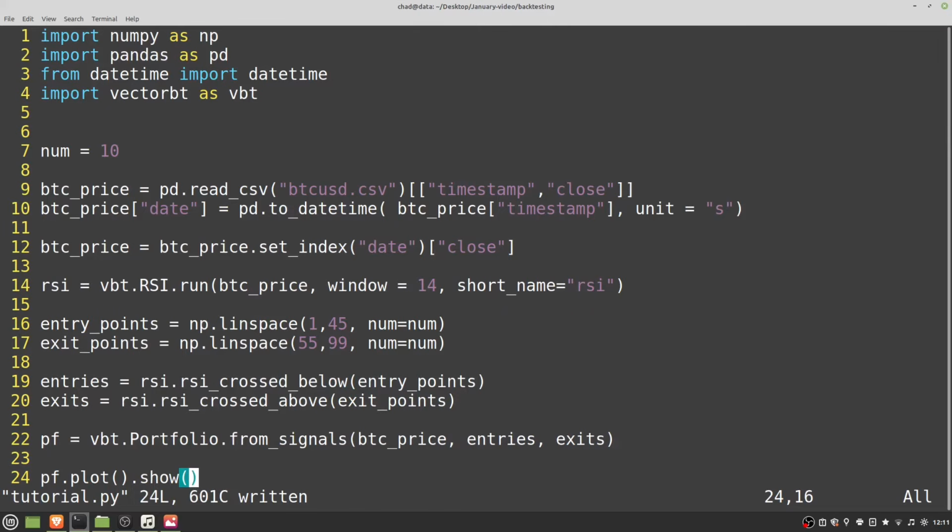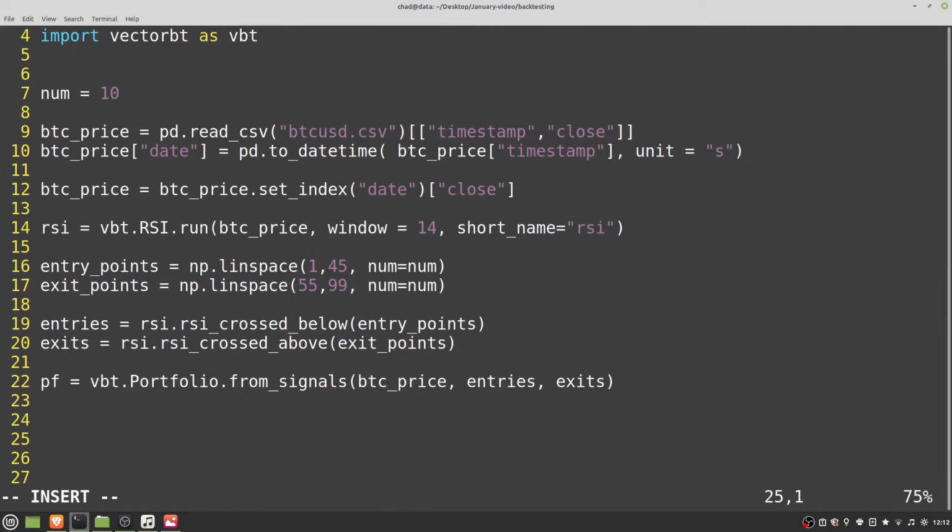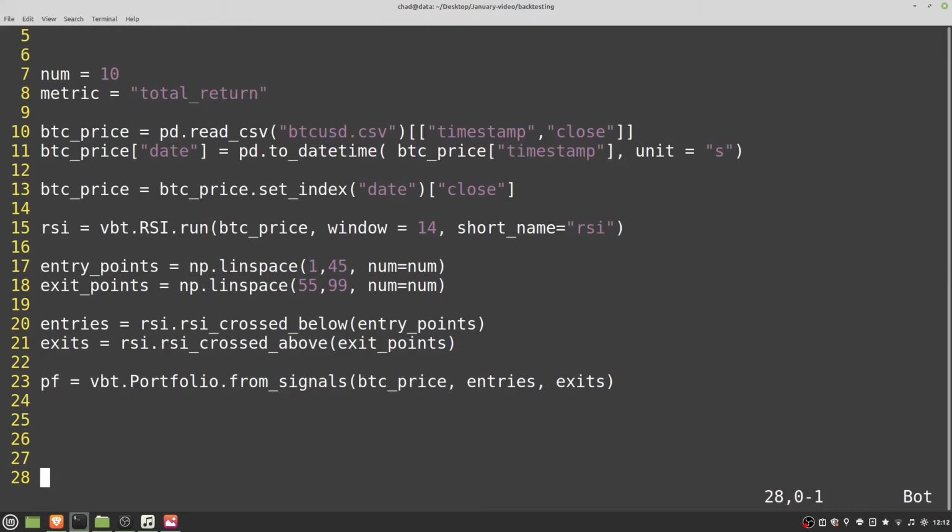So the portfolio generation is going to be the same as before. So we've just got this line here. And then we're going to want to grab some metrics from this. So let's define a metric. And we'll say that's equal to total return. And we'll actually put this at the top of the file here. So it's just more like a config. And then we'll go ahead and grab those metrics from each portfolio. So if I do pf_perf, so for performance, is equal to